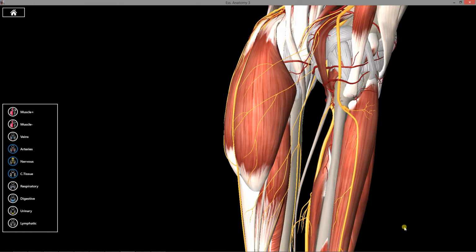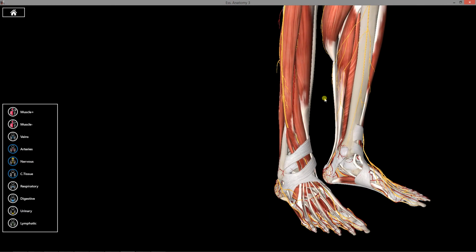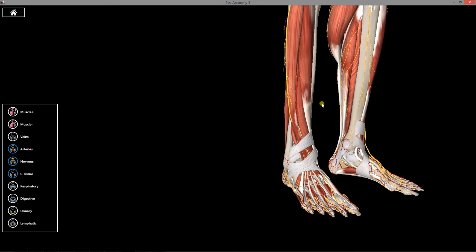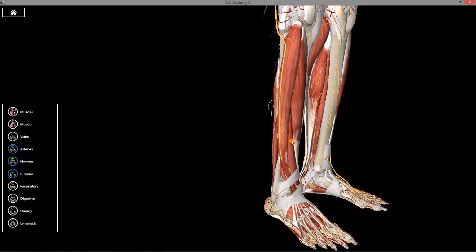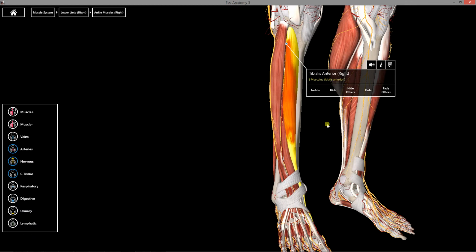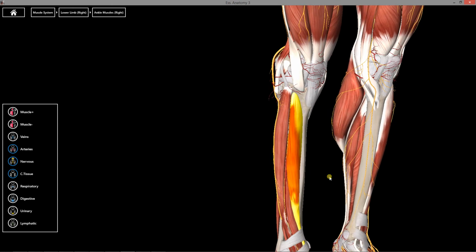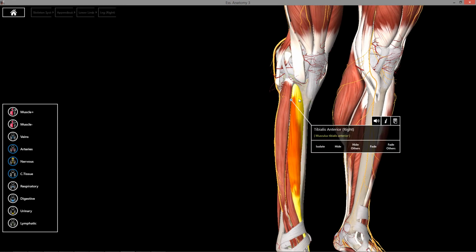Now, the next thing I wanted to talk about was the anterior compartment, which are the extensors, with a few exceptions like the tibialis anterior, but they're extensors. So starting with the tibialis anterior, it originates from the lateral condyle of the tibia, so just highlighting the tibia, lateral, medial. Here's the tibialis anterior, and it attaches to the medial cuneiform,